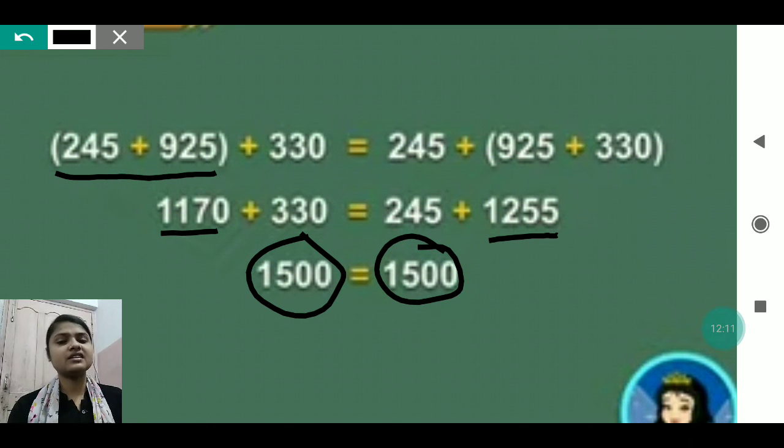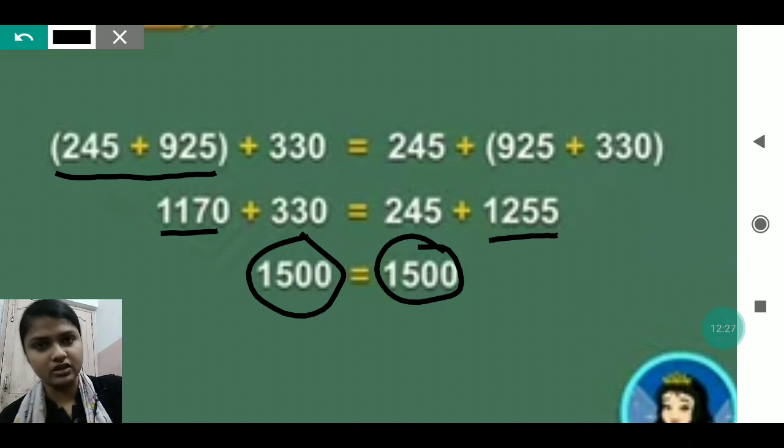It doesn't matter whether it is two-digit numbers you are adding, 3-digit, 4-digit, or more than that. Okay, two numbers you add first, then to that you add the third number. If the fourth number is also there, after adding the third number you can add the fourth number.